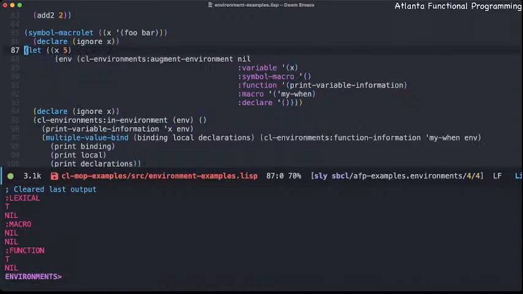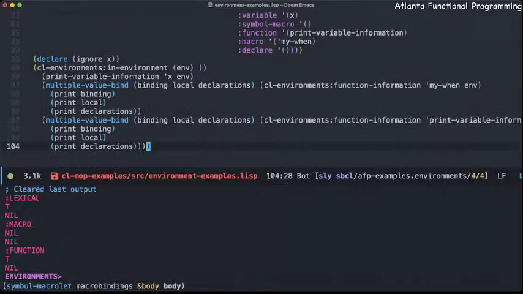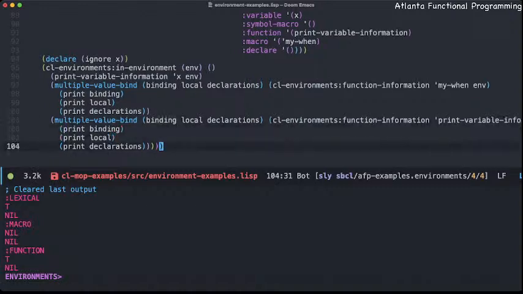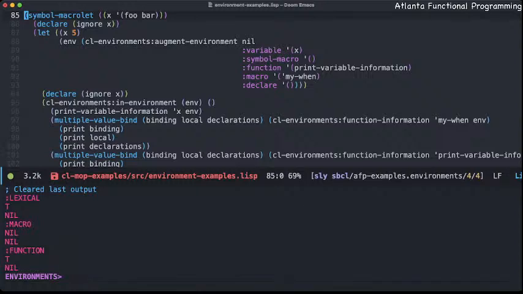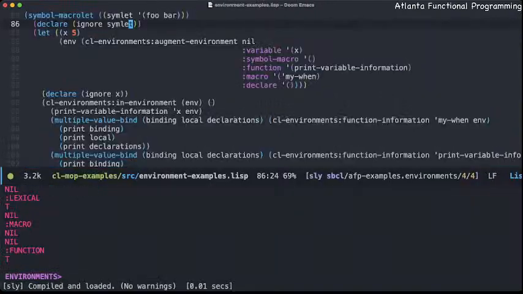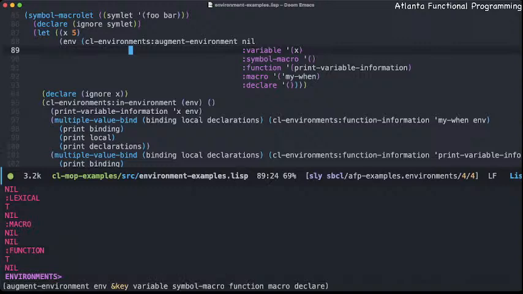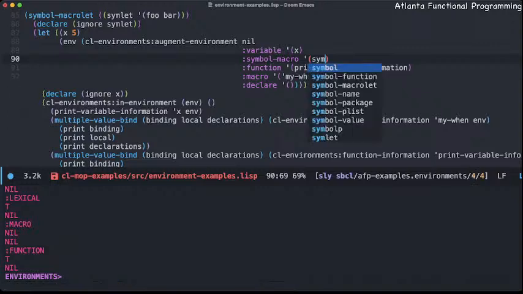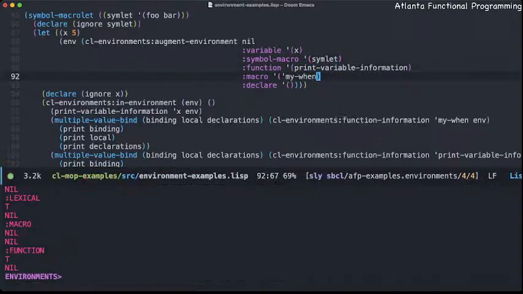Let's do this, and let's add another one here at the bottom. This guy now has a macro let, and let's call this guy simlet, just so that we can distinguish it from this. I'm attempting to add some declaration information on this guy for the time being. Now let's go ahead and add here, and more than likely if I add this as is, we're going to end up getting the same error that we had before with the